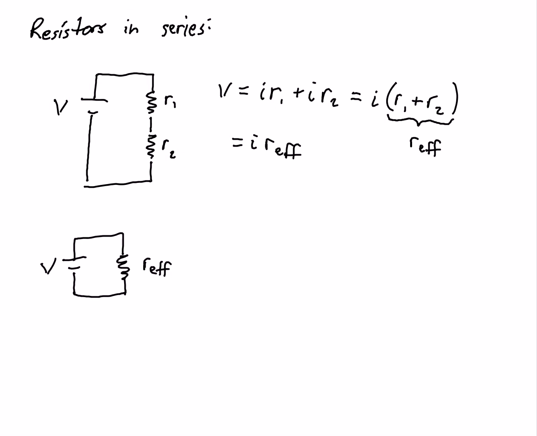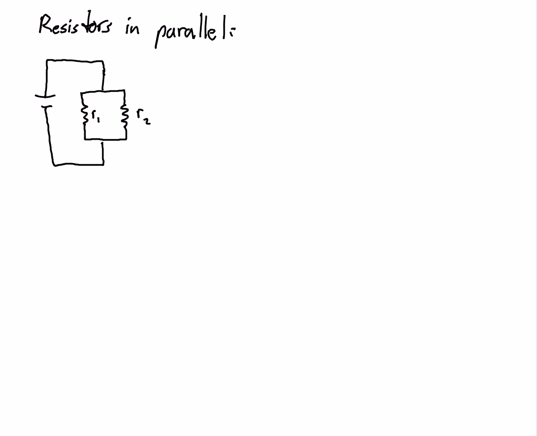And here's the circuit associated with that equation. So what we've shown is that when we have 2 resistors connected in series, we can treat them effectively as one resistor, where the resistance of that effective resistor is the sum of the 2 resistances connected in series. So these resistors in series are equivalent to a single resistor with the sum of the 2 resistances. And that's pretty useful. What if we have resistors in parallel, that is,